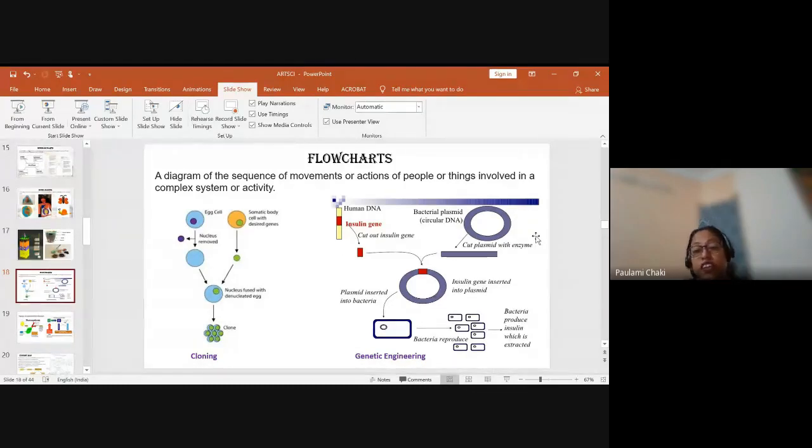And then we have genetic engineering in grade 12, wherein insulin, how this human insulin is prepared through bacterial plasmid, that can be easily done through flowchart. These are few topics which are very hard or difficult for the child to remember. So flowcharts make them easy. Then in fiber to fabric, how the fiber is becoming fabric, that whole journey can be beautifully portrayed through flowchart. Then if I come to chemical effects of electric current in grade 8, their electrolysis process, electroplating process can be easily understandable. We can make it understandable through the flowchart.